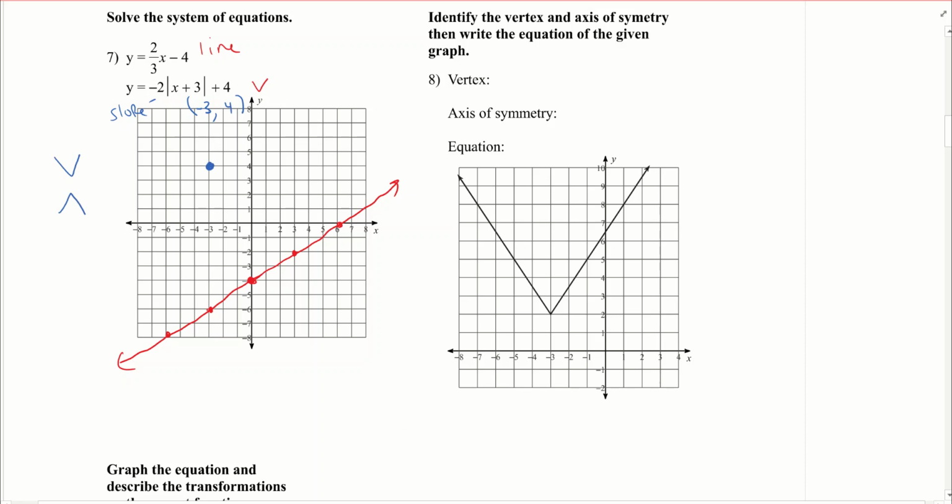All V's have this line of symmetry that goes right through the middle, right? And that line of symmetry goes through the vertex all the time. So my slope is -2, so from the vertex I'm going to go down 2 over 1, which puts me there, and I'm going to keep doing that, down 2 over 1, down 2 over 1, keep going, down 2 over 1, down 2 over 1,